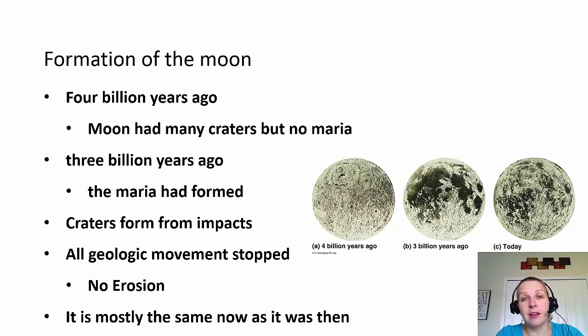And then the basalt just suddenly stopped, and it kept getting hit and hit and hit, as it still is today, although not really big now. We're calling them micrometeorites because they're just kind of smoothing out the surface. But as you can see in the picture, you've got 4 billion years ago, 3 billion years ago, you can start to see the mares form, and then today, all those micrometeorites or other impacts smooth out the surface so you can't see the giant mares anymore. They're just little patches. And it's basically been the same, except maybe a little bit of smoothing from the micrometeorites.